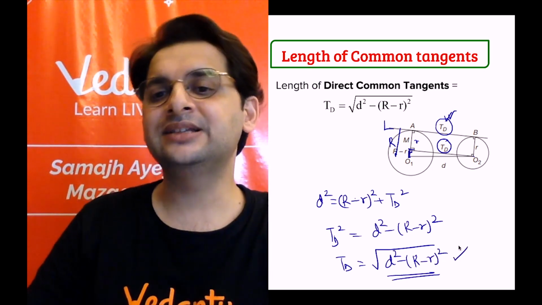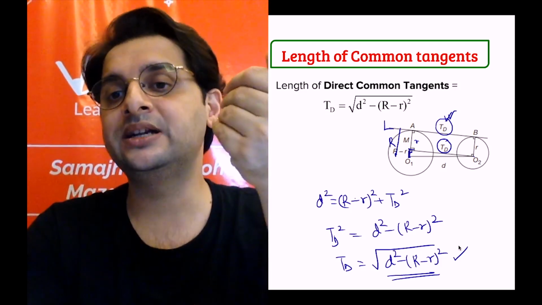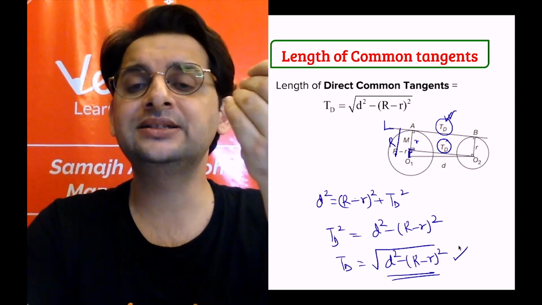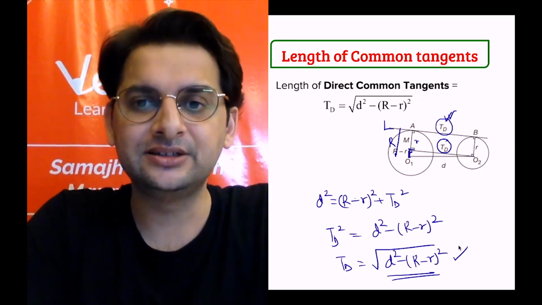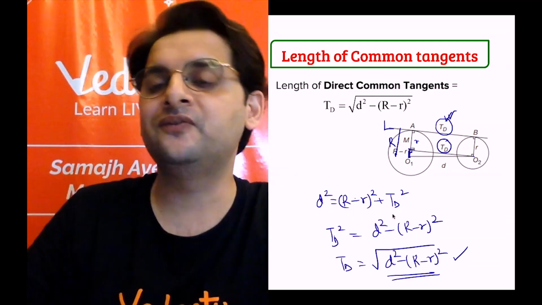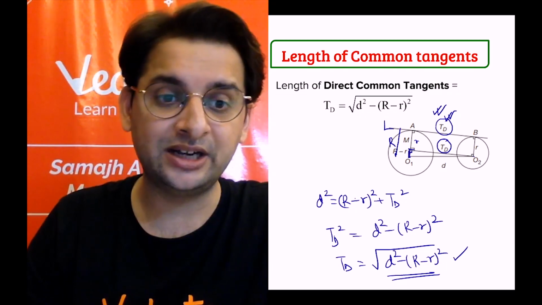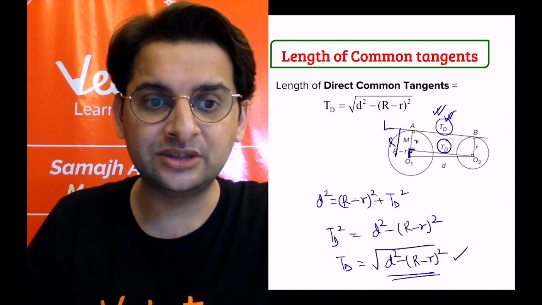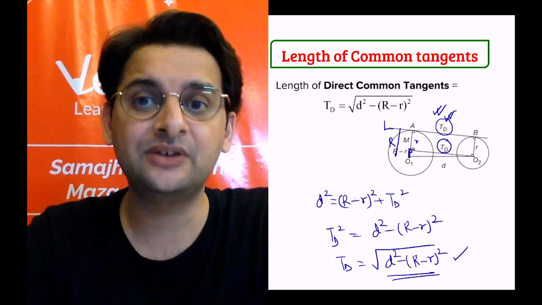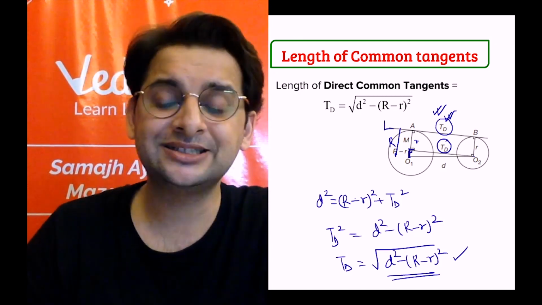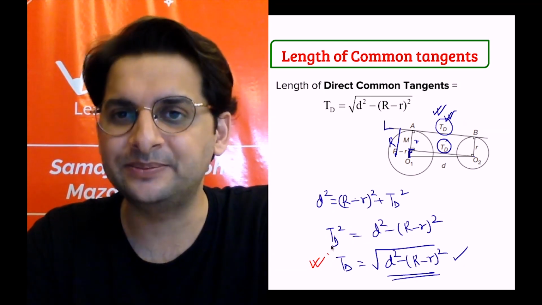So my dear friends, this is the direct formula that we can remember for the length of the direct common tangents. What we've done is we've simply applied Pythagoras theorem. That is it. So by a simple application of Pythagoras theorem, we've got the length of the common tangent, that is AB, and this is a bone of contention for many students. Questions of this kind look very easy, but when we start doing the questions, they become very difficult. So these are some of the things which will help us in doing these questions right and in quick time.